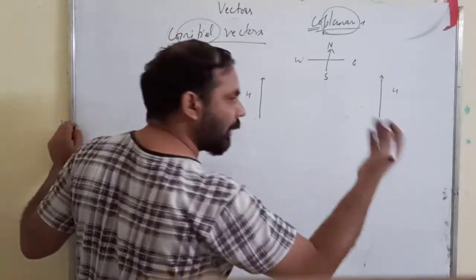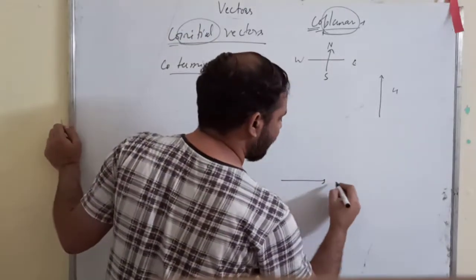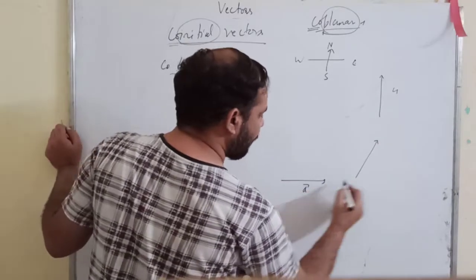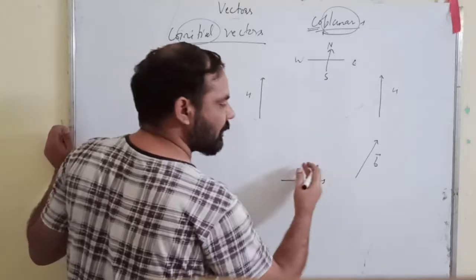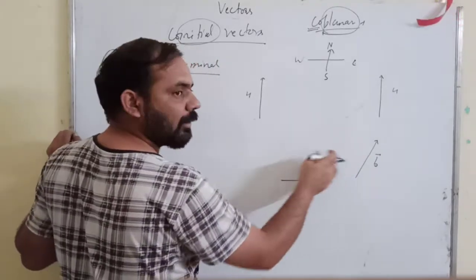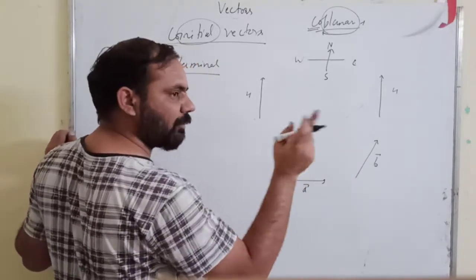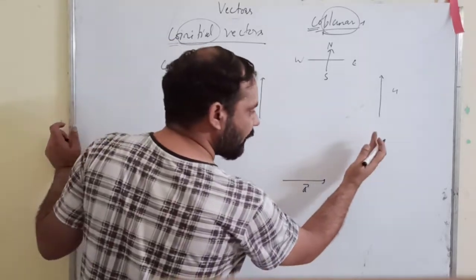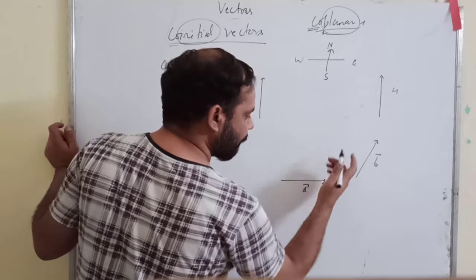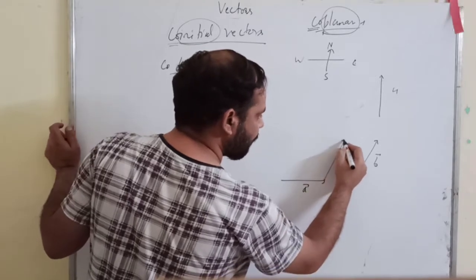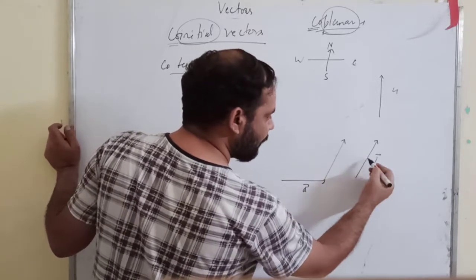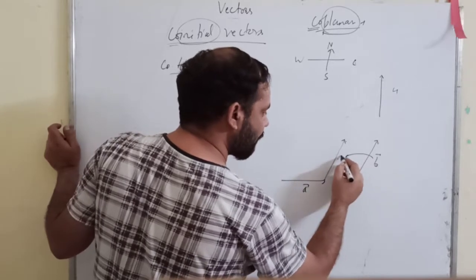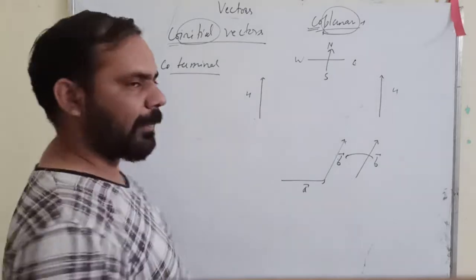Like suppose you want to add two vectors, one vector is this and other vector is this. You want to add this vector to this vector. Now it is not possible this way, because they are at different positions, means you will have to bring them at a common point, then only you can add them. So what I will do, I will shift this vector here like this, okay, in such a way that the length remains same and the direction also remains same. So I can shift this vector here.